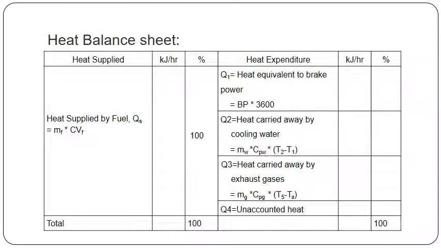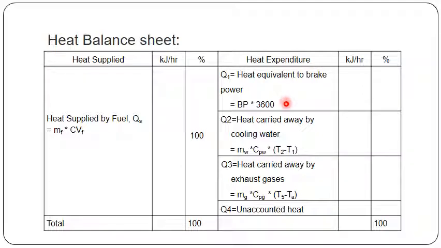So on the credit side, as I told you, it is the total heat input, which is the same as heat supplied to the engine, and this is calculated using a simple formula, that is MF into calorific value of the fuel. Heat balance sheet can be drawn on second basis, minute basis or hour basis. So if you are drawing heat balance sheet on hour basis, the unit will be kilojoule per hour. So see to it that you are taking these values with proper units, so that finally you get the value in kilojoule per hour if you are drawing the heat balance sheet on hour basis. This is total heat, so it is taken as 100%.